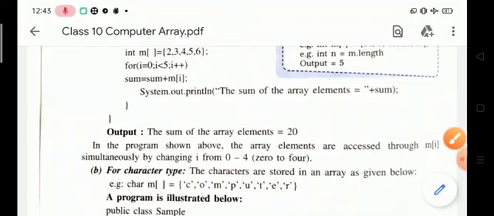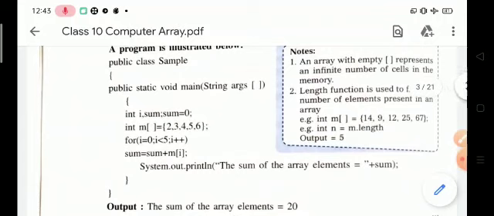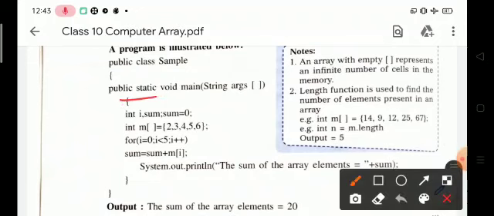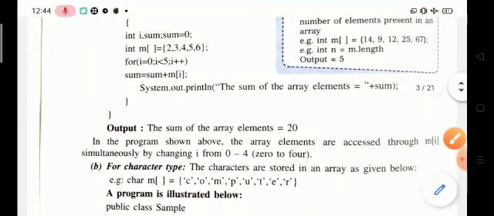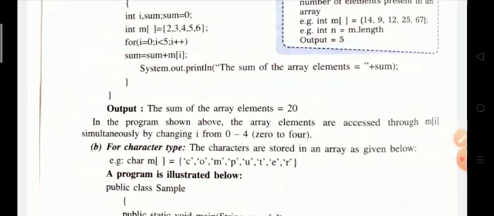So I hope you understand how to use a single dimensional array in our program. In a single dimensional array, the number of subscripts is 1. Subscript shows the direction where the data will be stored. Subscript means storing the data in the form of a row or a column. So this is the first part of this video.